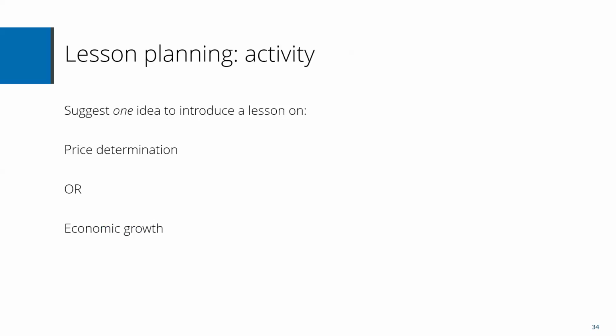And an idea to introduce a lesson on price determination or economic growth. You could ask your students to work in pairs or in groups to go away and have a go at doing this. This is section 1 of the specification, page 18 for price determination, page 28 for economic growth. That's unit 2.3.5. So maybe you have some of the class doing one, some doing another, and see if they can come